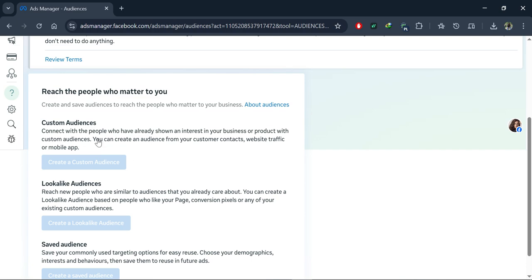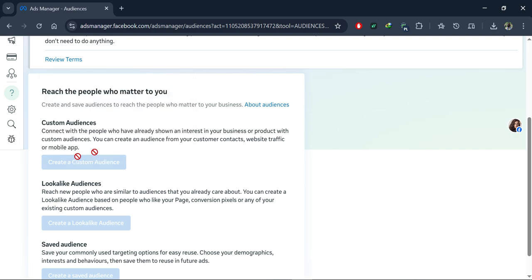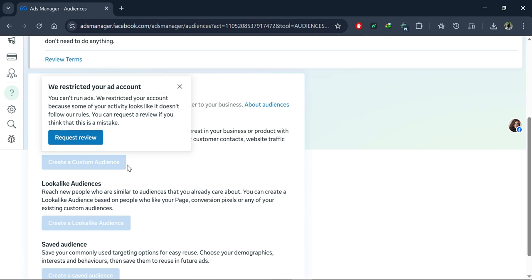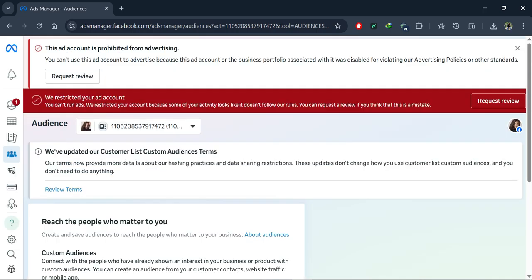Okay, so when you run a simple ad, then you will get audience, and here you can create a custom audience in which you select the people like the gender, their age, their interest, and you can also select the audience on the basis of their country as well. So that's how you can customize your audiences, and then you can run an ad.